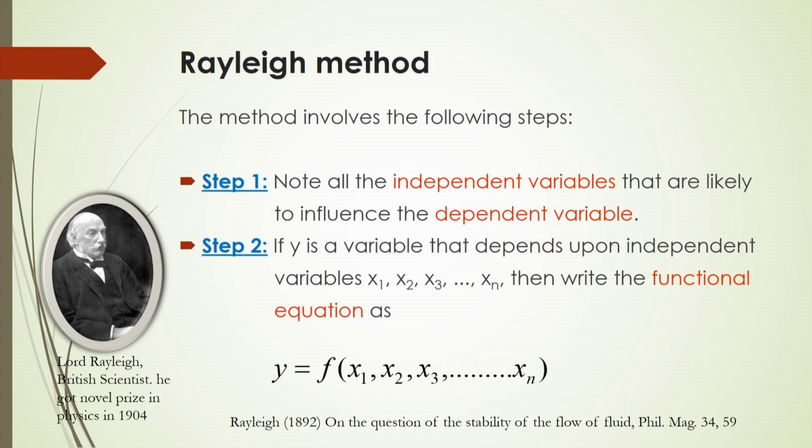What is that? Let us consider a system. Suppose any experimental observation, any experiment that is done in your laboratory. If the flow rate increases, what will happen? The pressure drop in the pipe will increase, or if you increase the diameter of the pipe, there will be a change of pressure drop. If you increase the length of the pipe, there will be a change of pressure drop. If you use different types of fluids, you will see there will be a change of pressure drop.